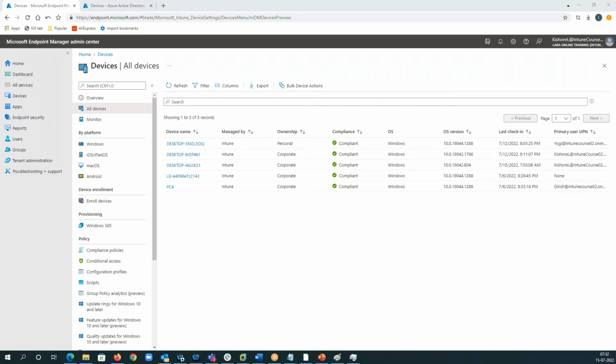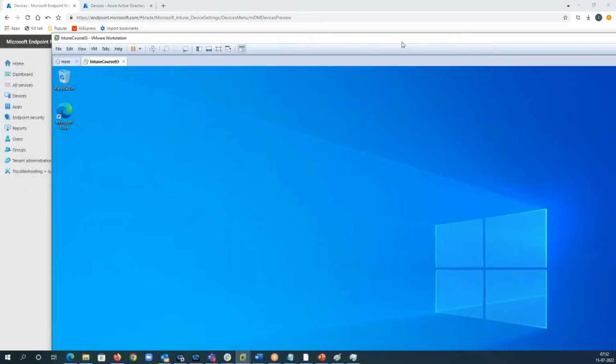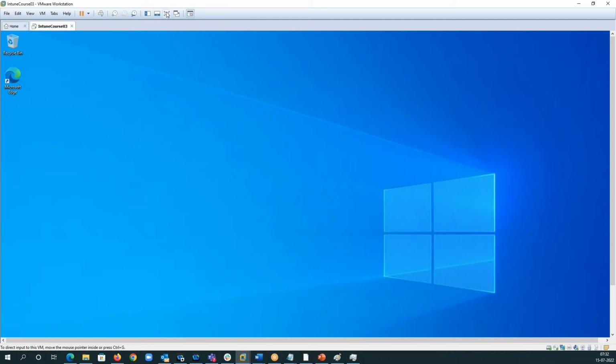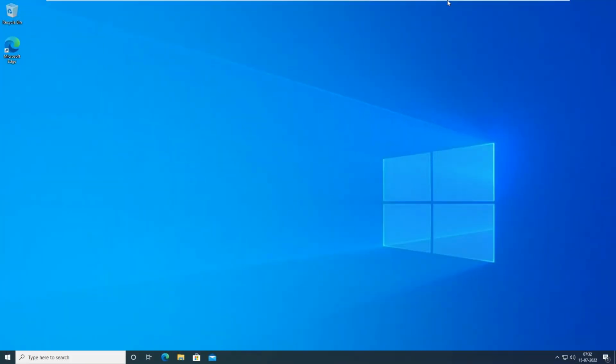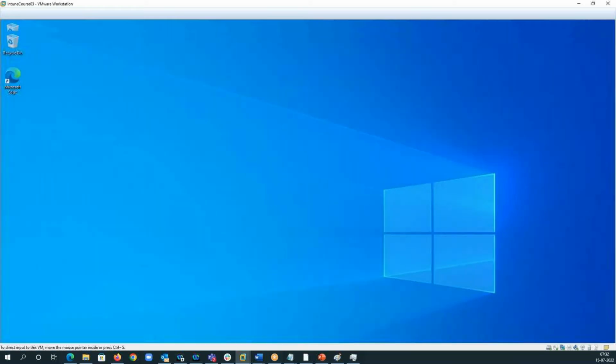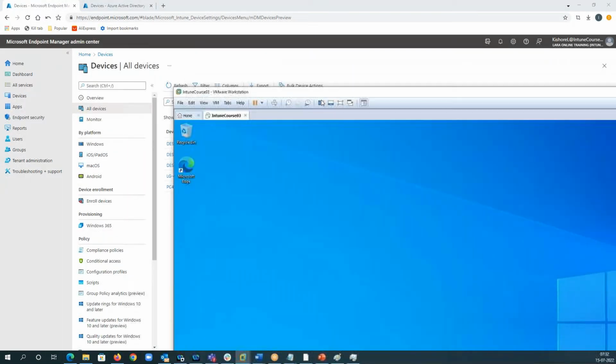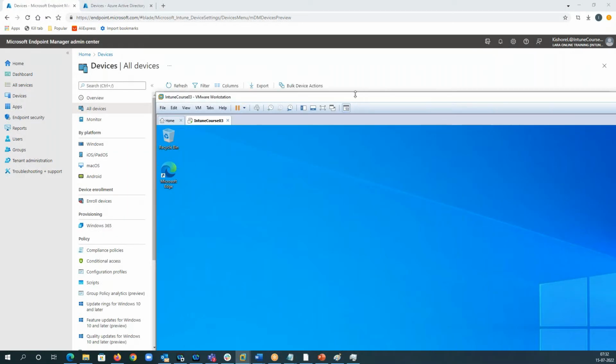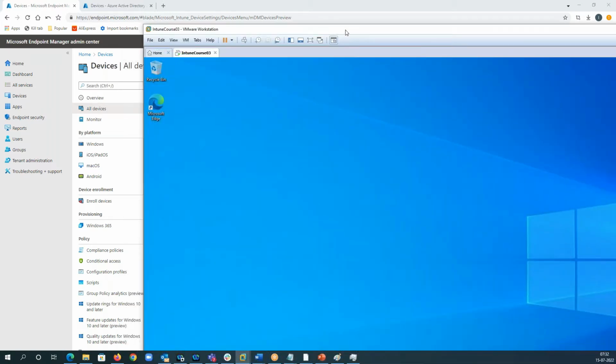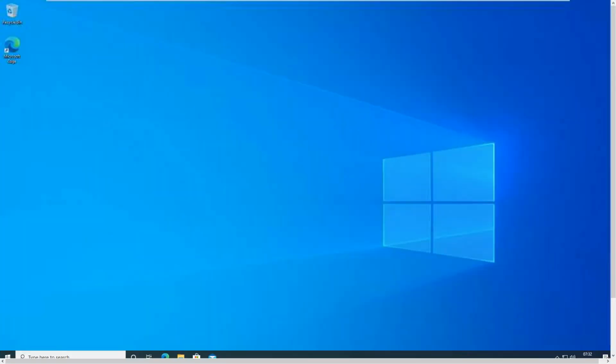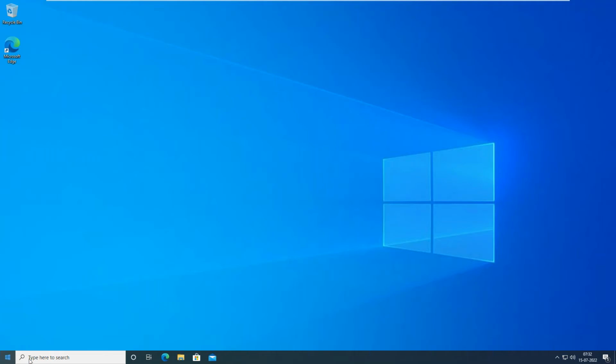Now let's talk about application deployment using your Intune. Let's see what is happening during the application deployment, because I can show that very practically. Let me switch on my virtual machine. You can see my virtual machine here. This machine is connected to my Intune tenant, Intune course 02. Now, if I open my company portal,